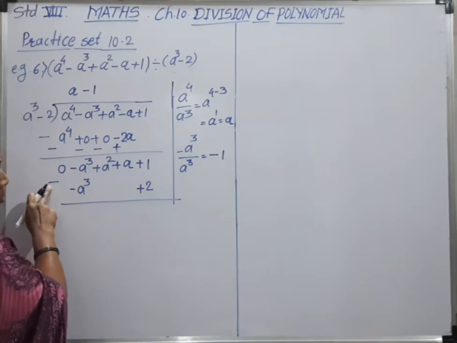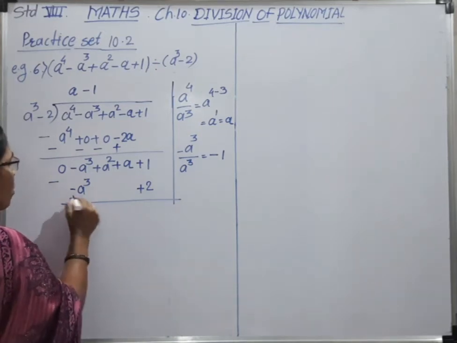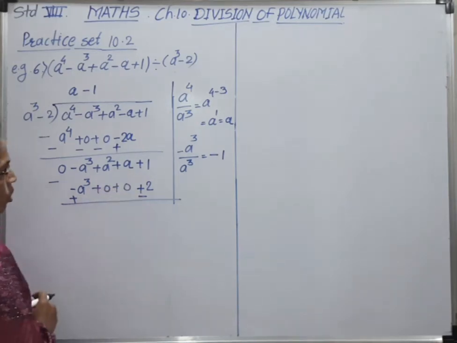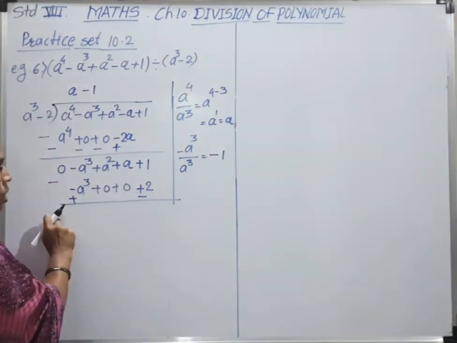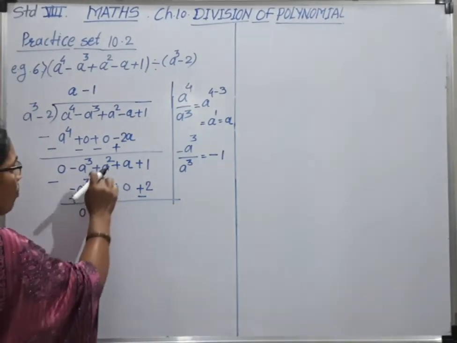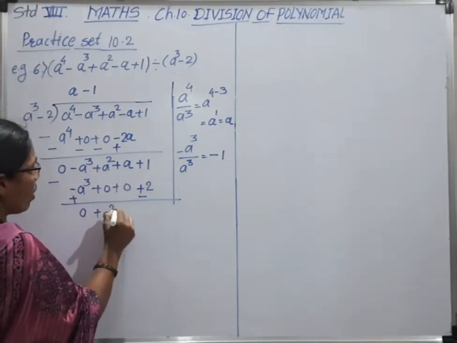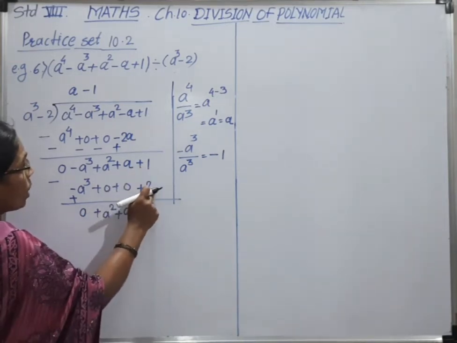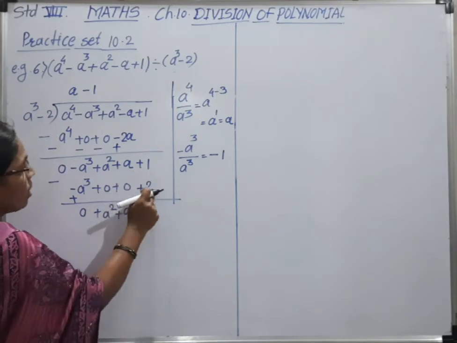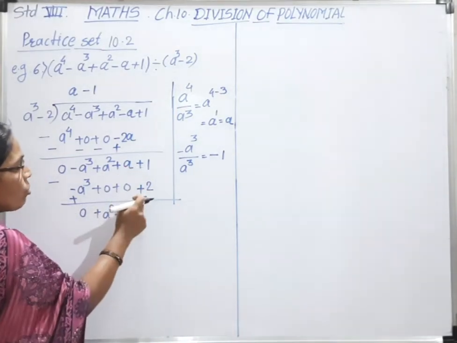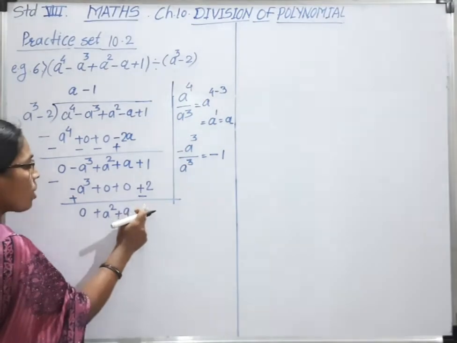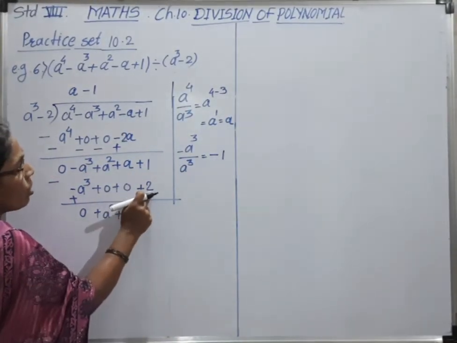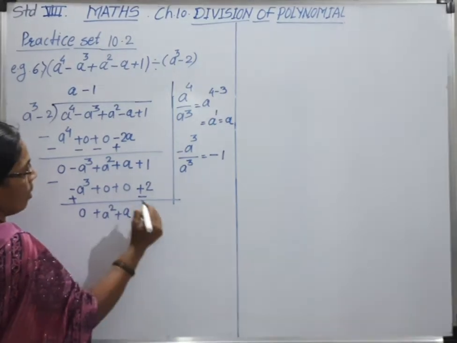Minus, in division we have to subtract, that's why minus; here it is plus and here it is minus. These signs, write just 0. So these two terms are again opposite terms, that's why the answer is 0, they cancel. Then plus a square, then plus a, and then plus 1 and minus 2. Again this number is positive and this is negative, so we find the difference, which is 1, and the bigger number's sign; the bigger number among 1 and 2 is 2, so here minus 1.